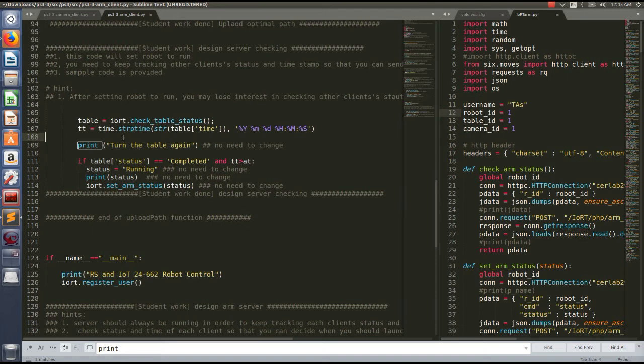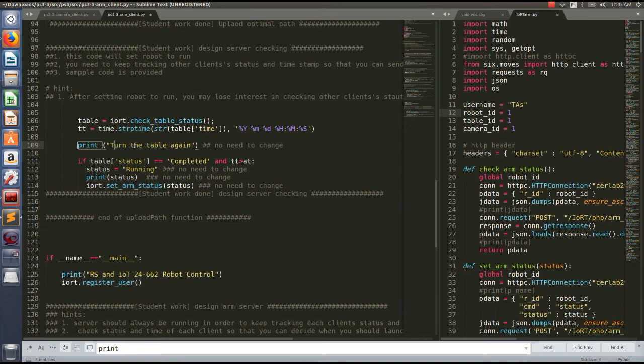So here, like I said, you guys need to think about what kind of situation you need so that the robot arm runs only when the piece that has just been planned is sent to the areas close to the robot arm. Here I give you some hints. Please turn the table again. I want you guys to consider,